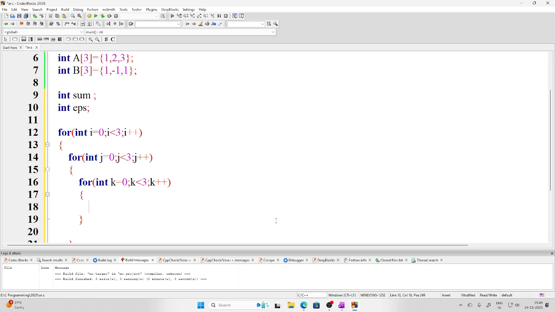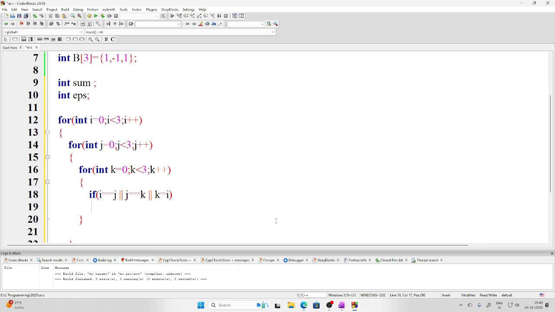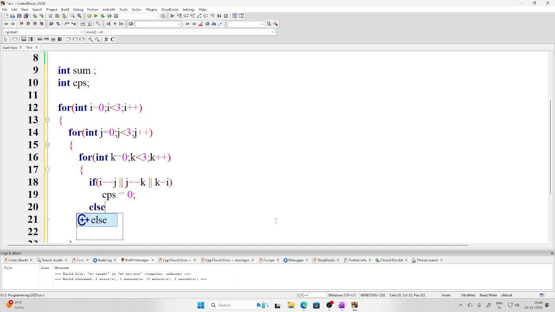What do I have to do? First, I have to find out the epsilon. So, if i and j are equal, or j and k are equal, or k and i are equal, if i becomes equal to j, or j becomes equal to k, or k becomes equal to i, then the value of EPS is going to be 0. Okay? Else, if,